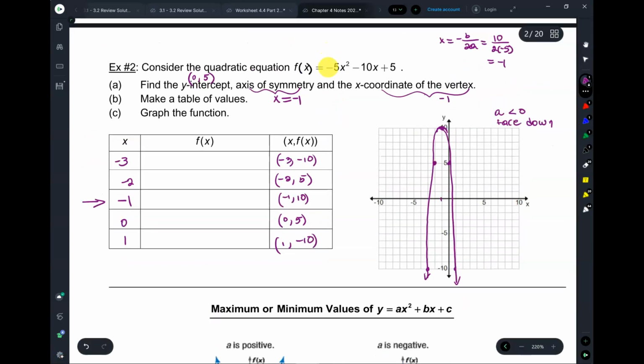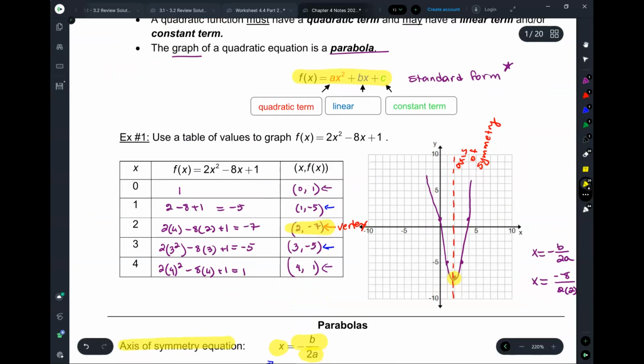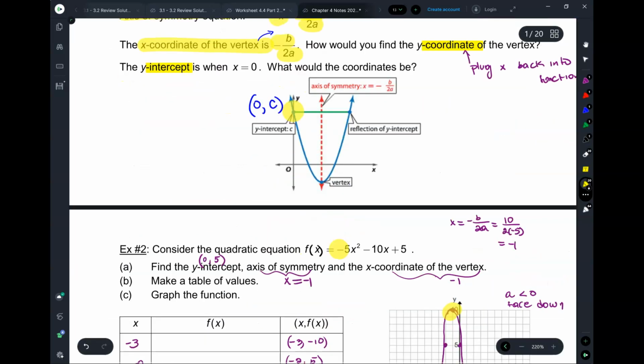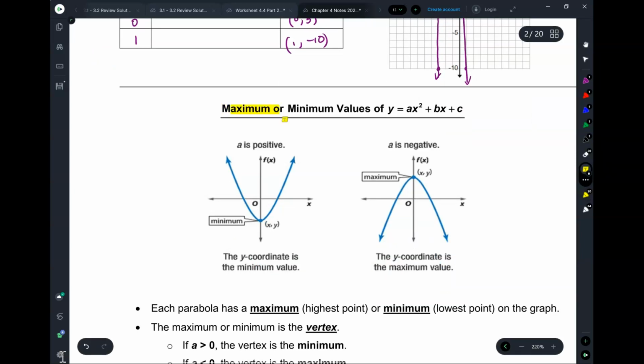A was negative. Parabola faces down. That means this point here is the highest point in the parabola. We call that a maximum. Here, a was positive. Parabola faces up. This point here is the lowest part in the parabola. We call that a minimum. All right? So these are important terms. It's like a peak and a valley, but mathematically, elegant, sophisticated math students, we talk about a maximum or a